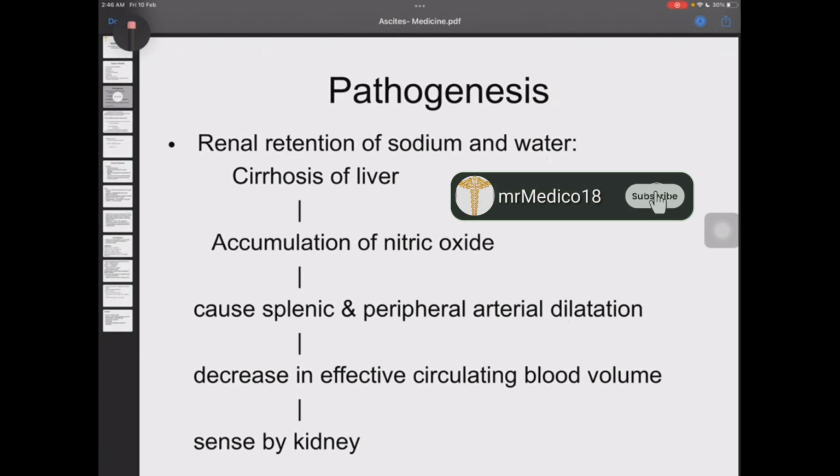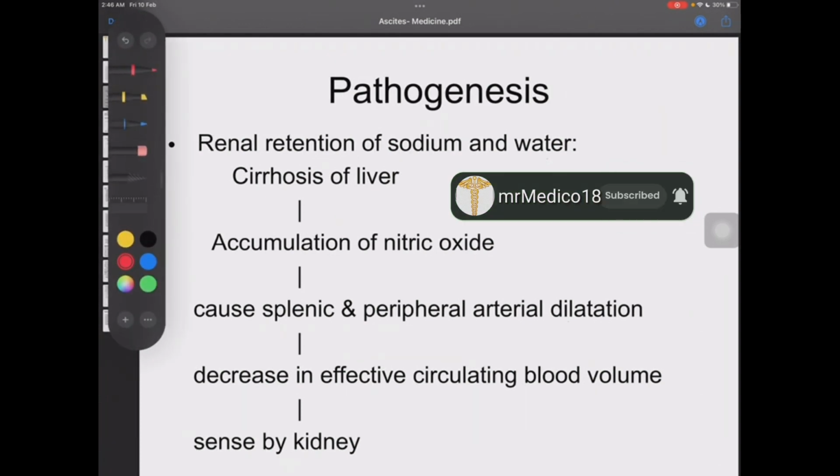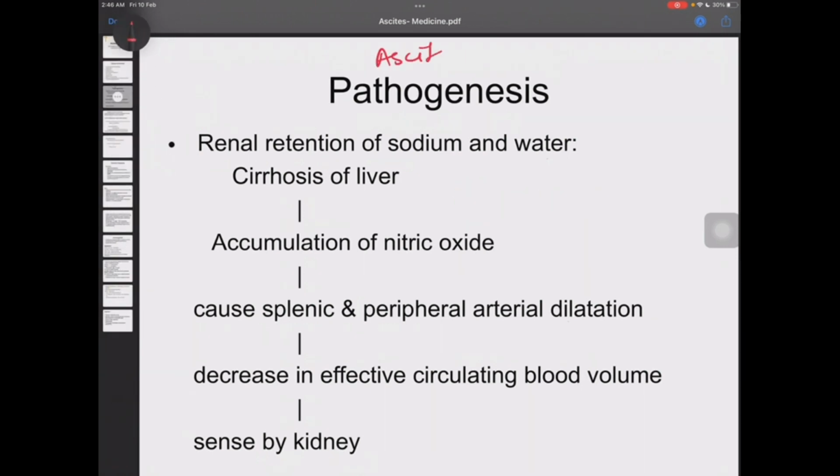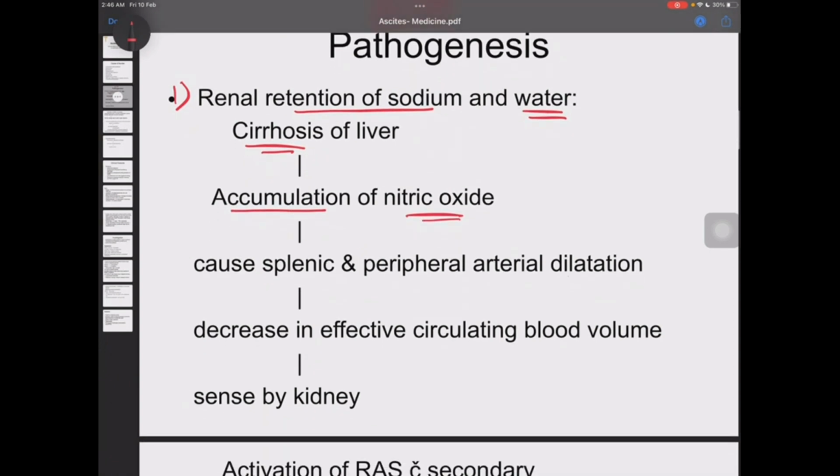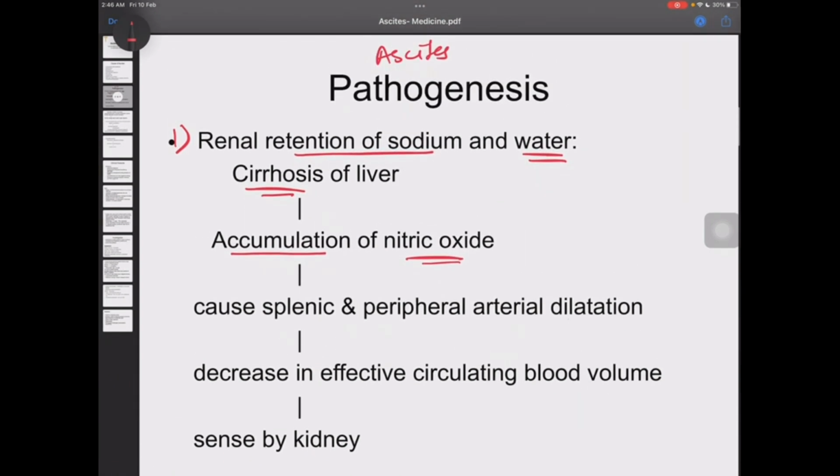Okay guys, we start pathogenesis of ascites. Okay, ascites. First is retention of sodium and water. Okay, due to cirrhosis, accumulation of nitric oxide. Okay, nitric oxide causes splenic and peripheral arterial dilatation,